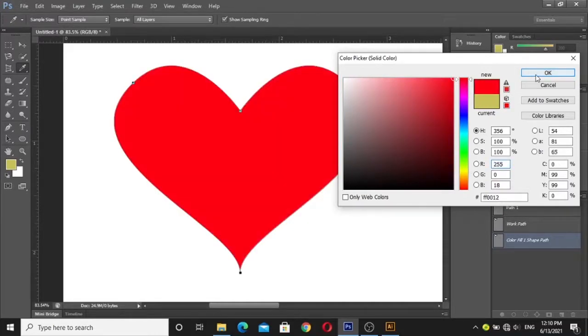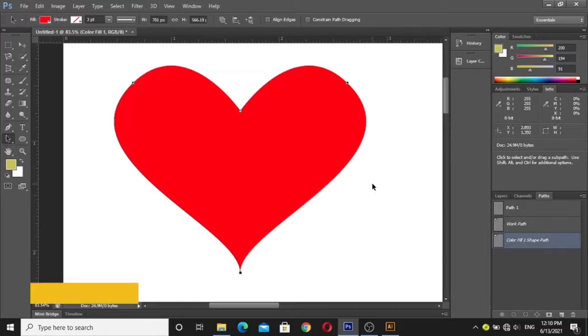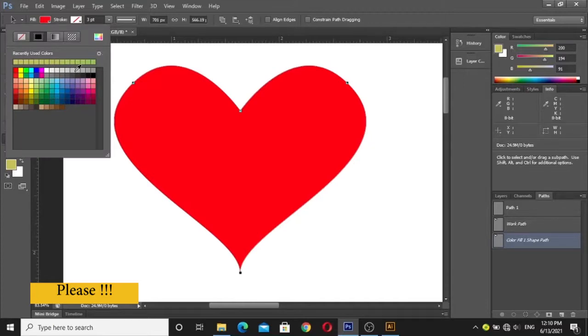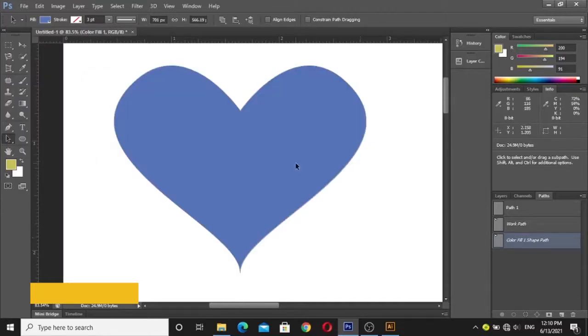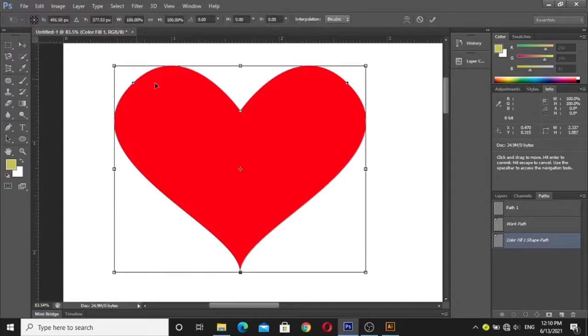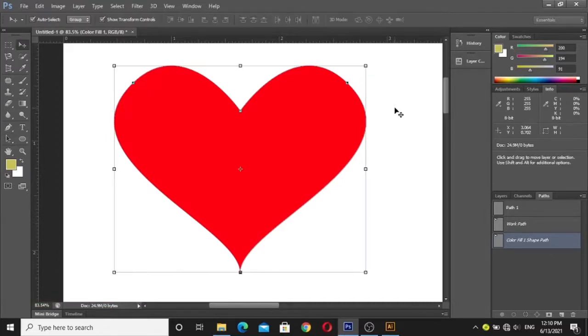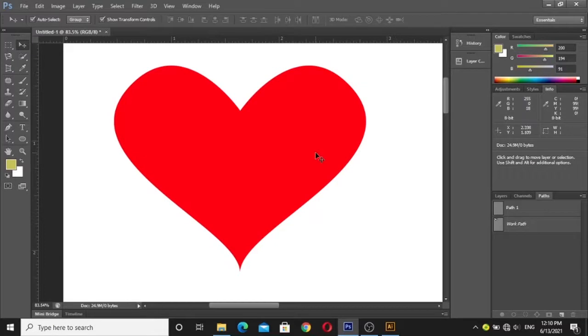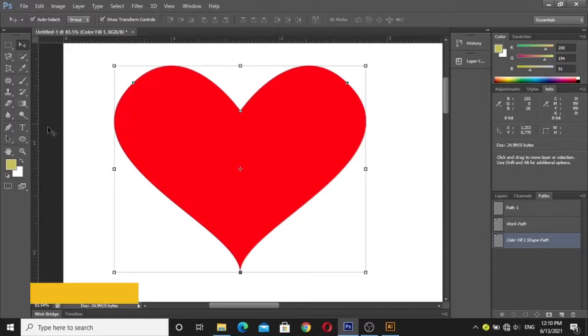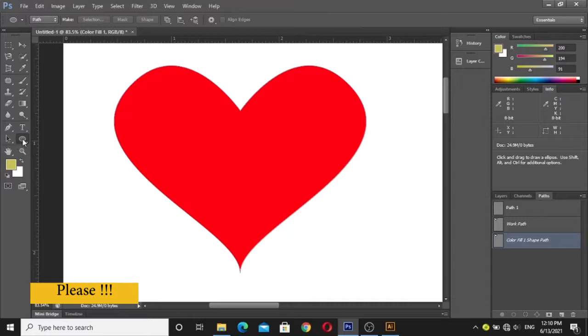Okay, now I can change the color from the top property bar. So in this way we can easily manage paths and shapes. We can also copy paths from Illustrator into Photoshop and do beautiful things with the Photoshop and Illustrator combination.